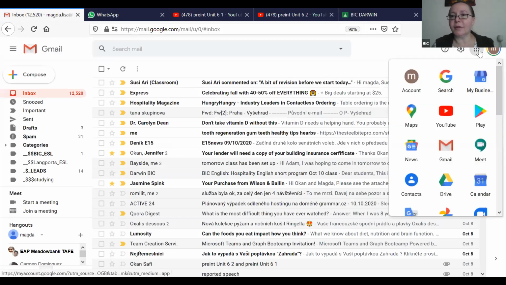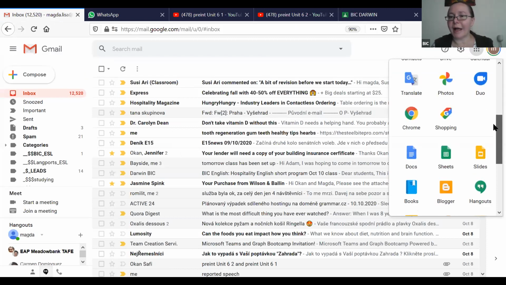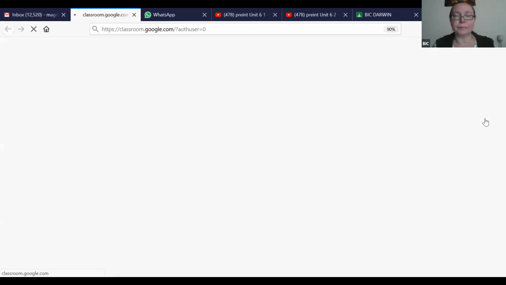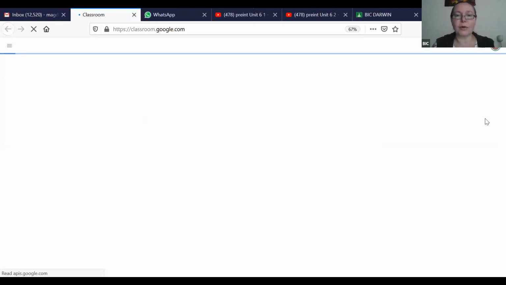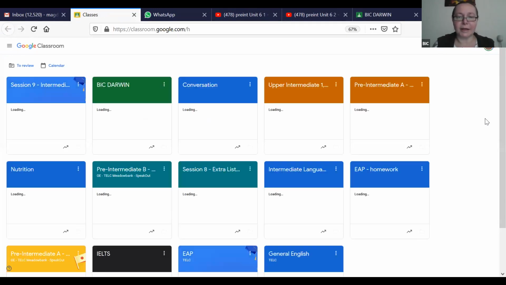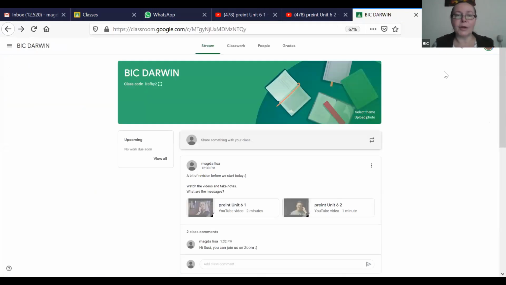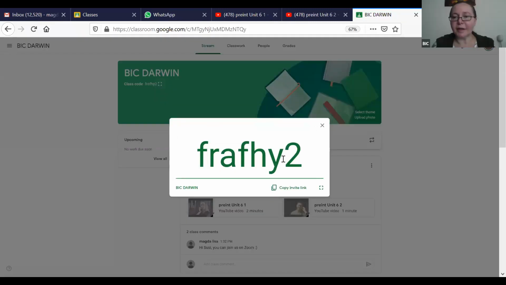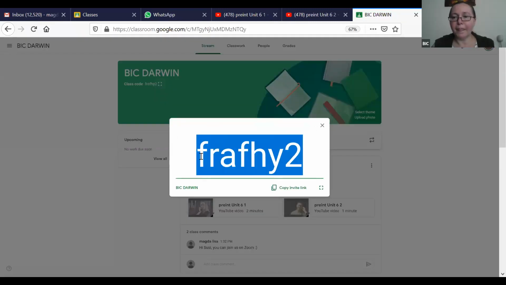You just click on these dots on the right, then scroll down and click on Google Classroom. It takes you directly to the Google Classroom. Yours is going to look a little bit different because I've got quite a few classes. For you, it's just going to ask you for a PIN. That's the class code. You just put the class code in and it's going to take you directly into the classroom.